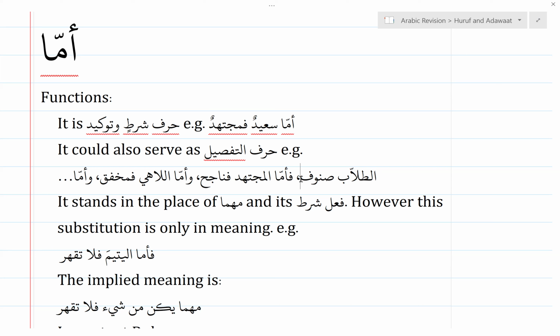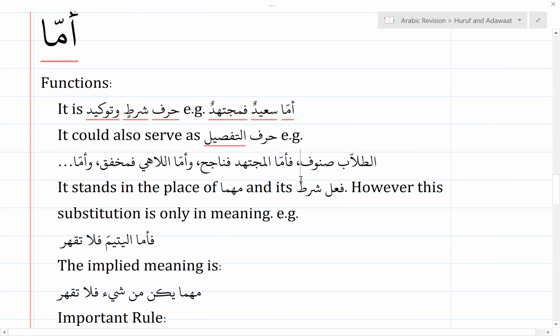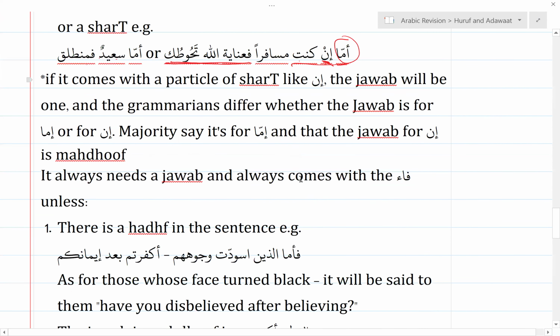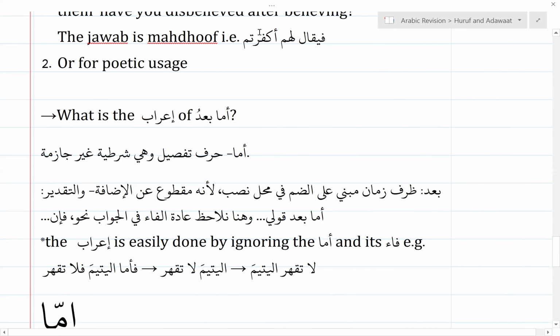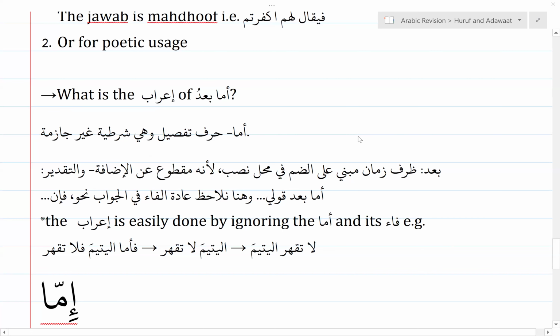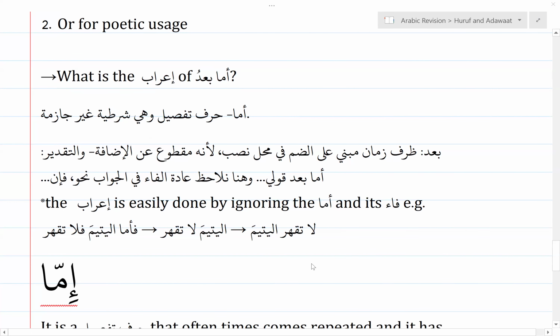I think it is there in the Quran. I'm trying to remember the example. فَأَمَّا مَنْ أُوتِيَ كِتَابَهُ بِيَمِينِهِ فَسَوْفَ. There's a shorter example. Let's see if I have the example somewhere else. Yes, I think so. Surah Duha. Yes, we can go with فَأَمَّا الْيَتِيمَ فَلَا تَقْهَرْ وَأَمَّا السَّائِلَ فَلَا تَنْهَرْ.